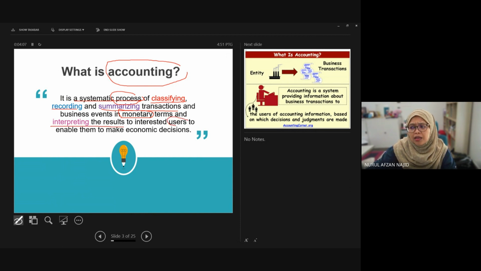So who are the users of the financial statement? Siapa yang akan gunakan financial statement ni? Kita penat-penat kita buat, daripada classifying, recording, summarizing, and last one interpreting. Siapa yang nak gunakan financial statement ni? Okay, so siapa nanti kita akan tengok. Okay, we will take a look at who are the users of the accounting information that enables them to make economic decisions. Okay, so economic decision